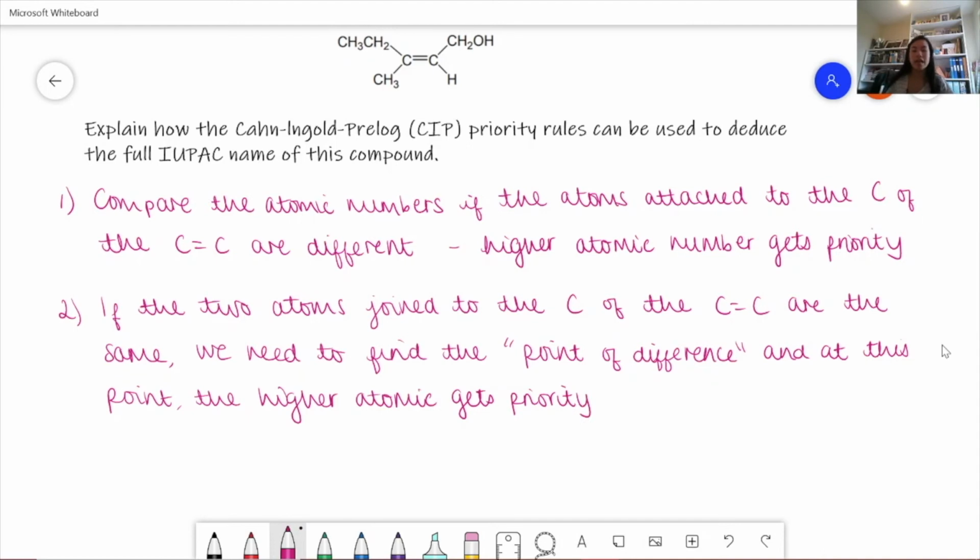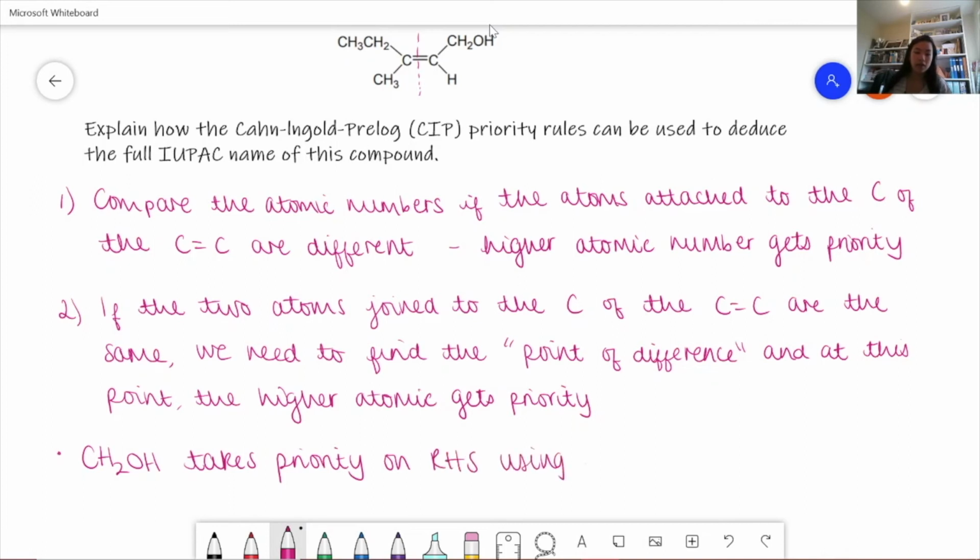And so now we have to look at naming this alkene. So we divide it up in the middle vertically. And first let's look at the right-hand side. So we can use rule 1 for the right-hand side because the two atoms attached to the carbon are different because we've got a hydrogen and a carbon. And so we can see that this CH2OH has a much higher atomic number than the hydrogen, and so that takes priority. So we have that CH2OH takes priority on the right-hand side